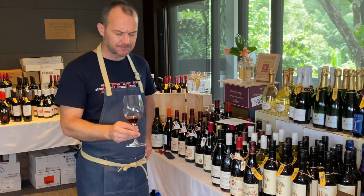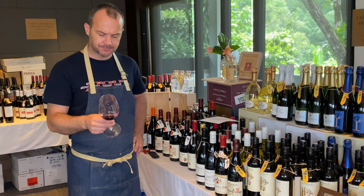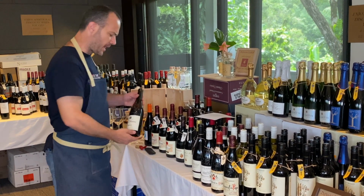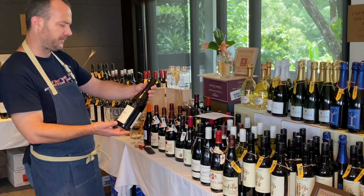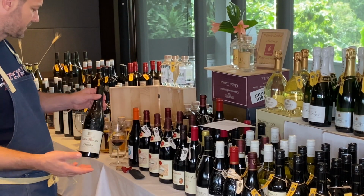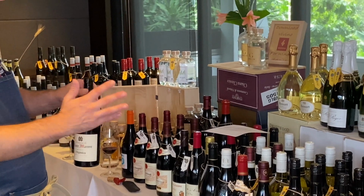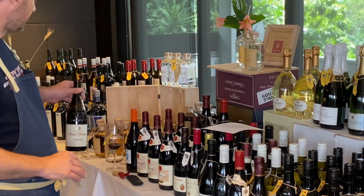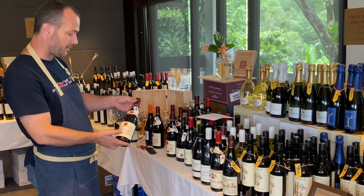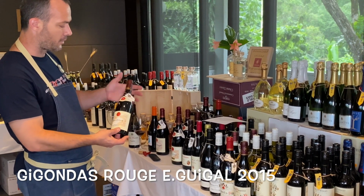Nice dark berries, black pepper, really nice, smooth, super well made. I think this is a wine that we retail at $50, $52 net, to give you an idea. So it's not as expensive as the Châteauneuf-du-Pape. The appellation Gigondas is a little bit cheaper, more affordable. I have another Gigondas here from Igigal, fantastic house of the Rhone Valley, one of the